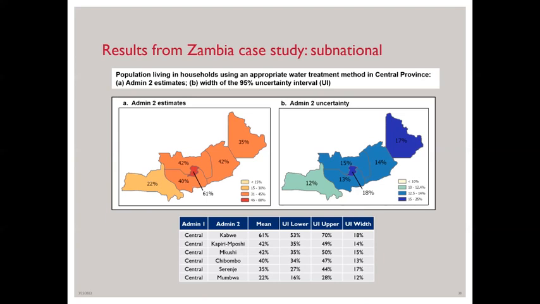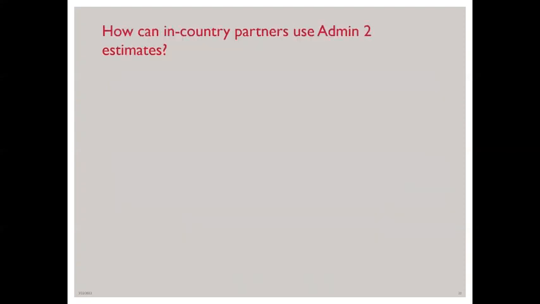So we'd like to quantify how many individuals in an Admin 2 have or are positive for the outcome of interest. So while we currently provide the percentage estimate only, we think it's beneficial for policymakers to know how many people are actually living in a particular district with the condition, as there might be a district with a very high estimate, but perhaps that district is very sparse, and another district with a slightly lower estimate really has many more individuals that need assistance. So both data points, both a percentage estimate and a population metric, we think would be useful to have for planning.